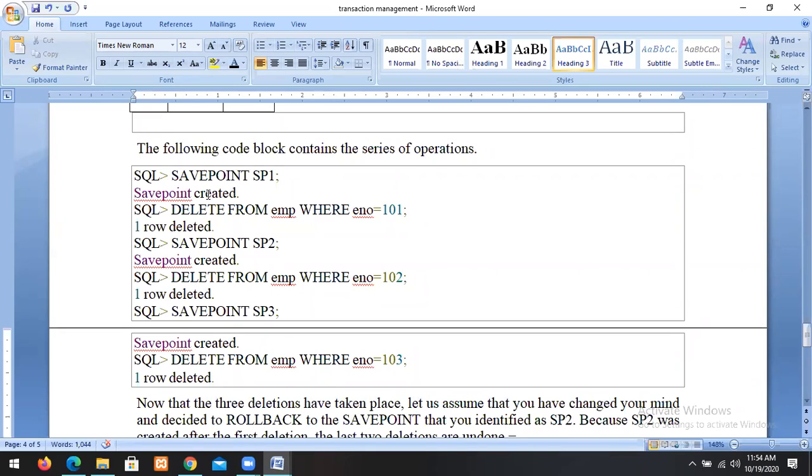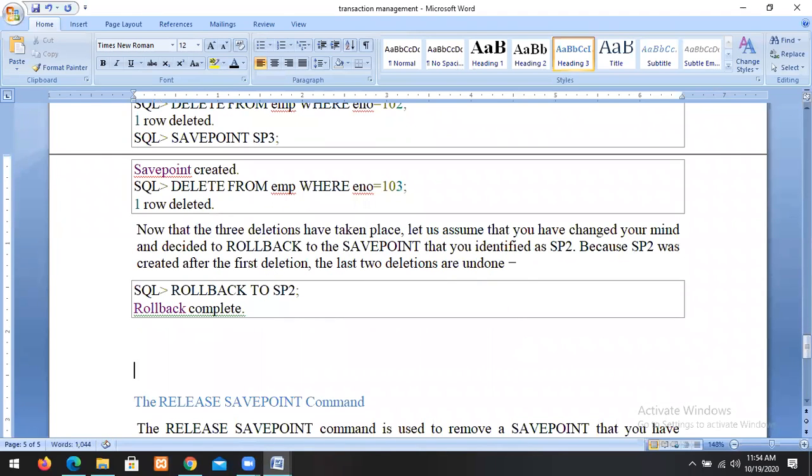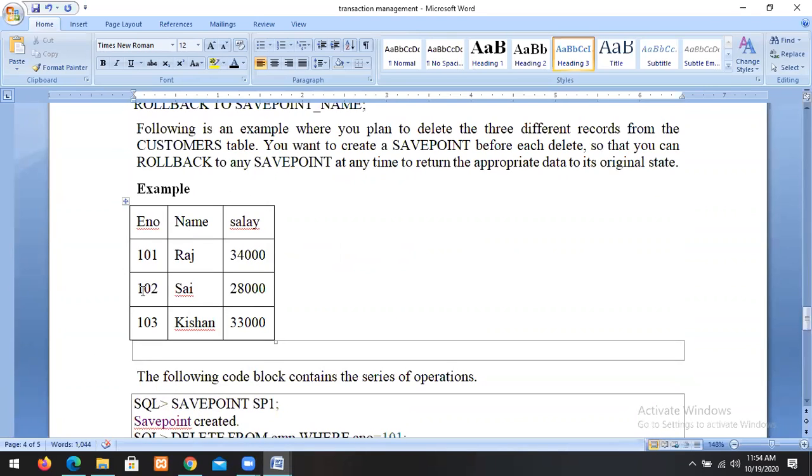So actually we deleted employee 1, employee 2, employee 3. Actually 3 save points are created. Suppose I want to roll back up to save point 2. So I roll back to save point 2. When I apply rollback to save point 2, we recover the information.